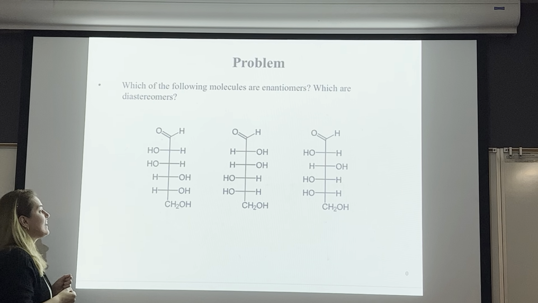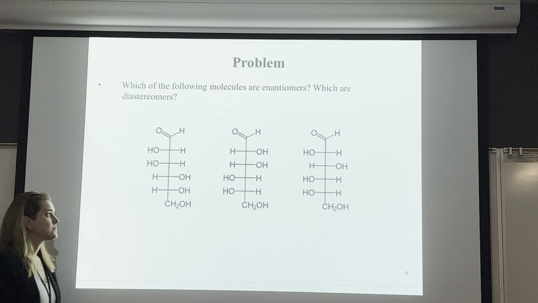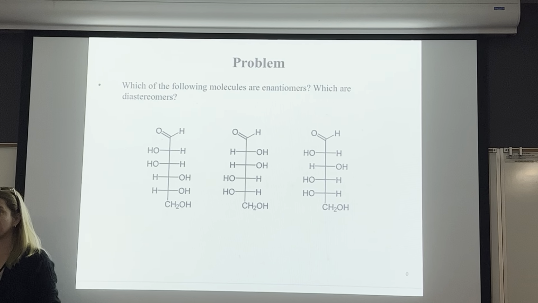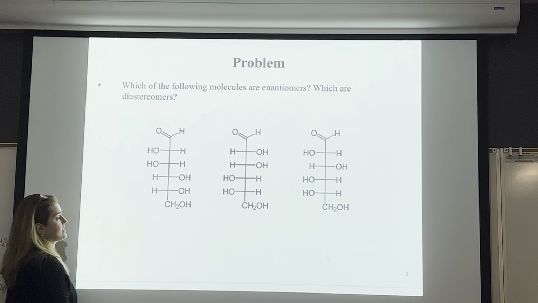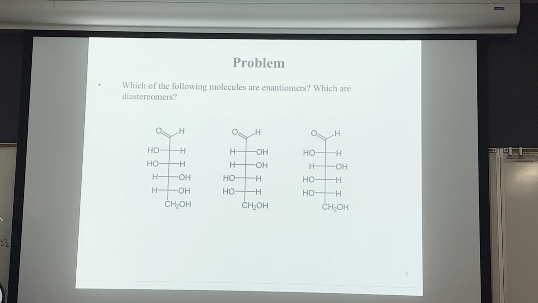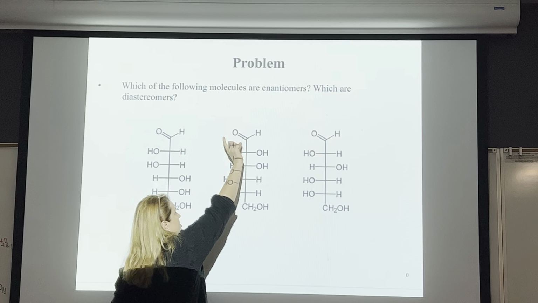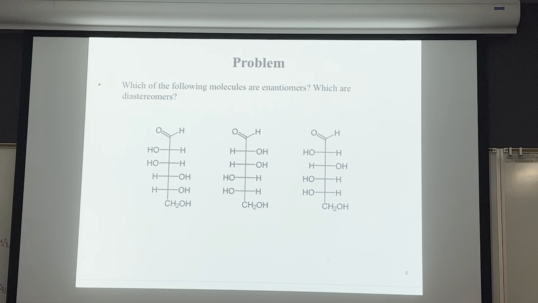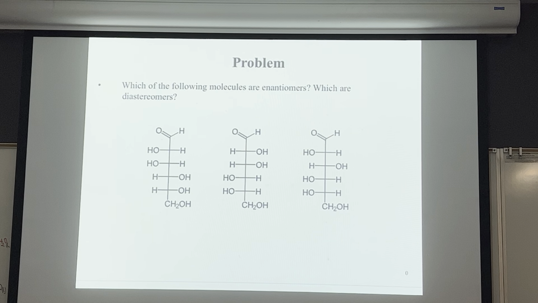Okay. And again, you guys, ignore this one and these ones at the top because they're not chirals. So we're not looking at those, all right? So the first two, are they mirror images? Yes. And again, remember, you're looking at the chiral carbons only. If you need to draw this way and this one that way, do that for your own mind. I used to have to do that when I was a student. You draw a mirror image, draw a mirror image, right? Okay, so these two are enantiomers.